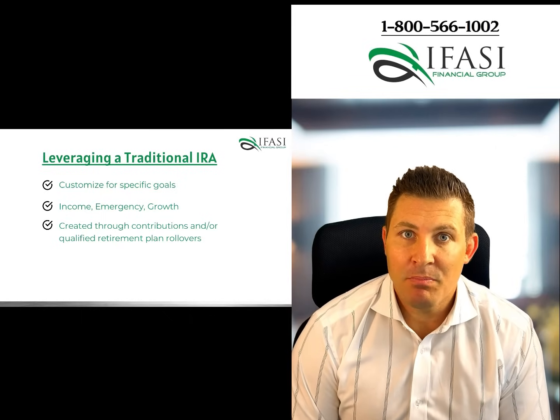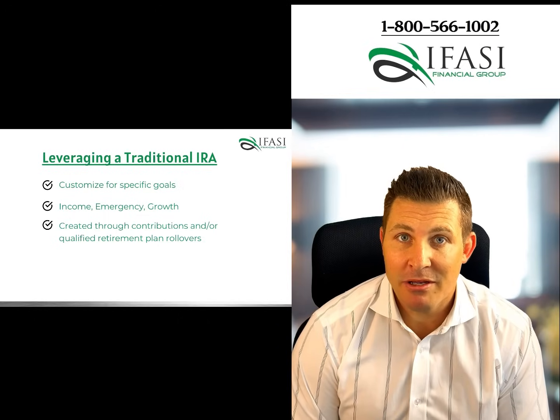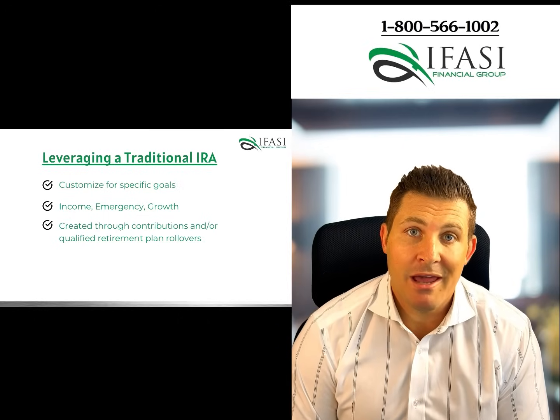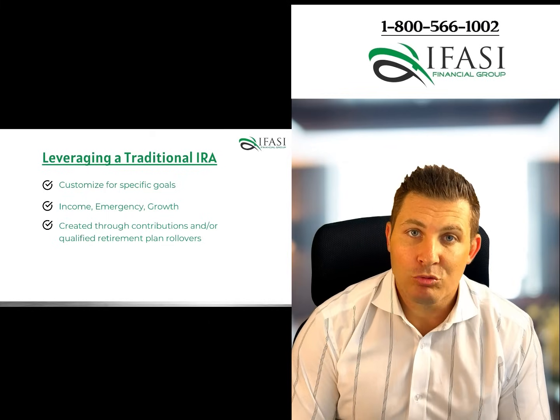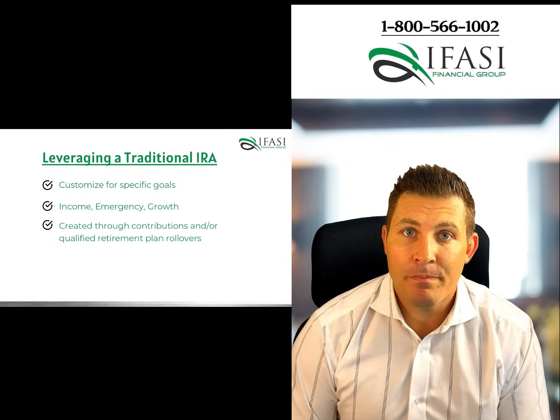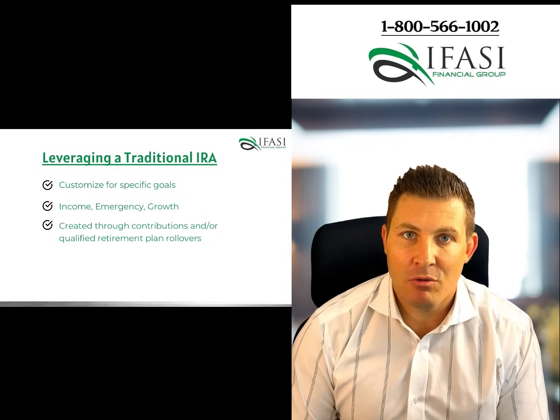So like as an example, if someone's working for a company and they have a 401k account, and they've been placing monies into that, they've been getting a match, they've been growing that account, and all of a sudden now they start nearing their retirement years, and they're eligible to take that 401k and roll it over into an IRA, a traditional IRA, that full rollover would go into one IRA account. But then once it's in the IRA, you can now transfer it to different types of IRAs that are serving